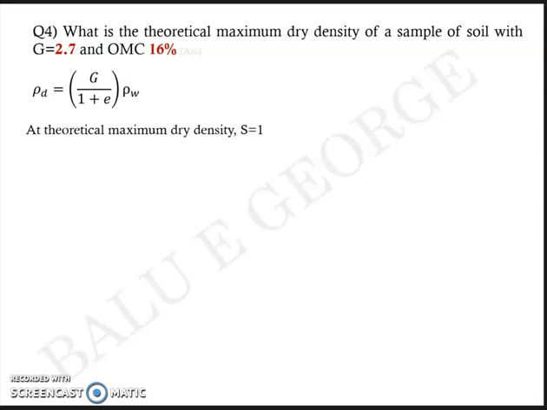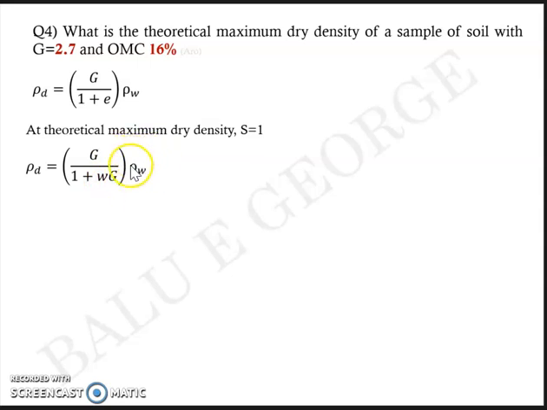So I can rewrite the equation as G by 1 plus wG into rho w, because S is equal to 1. Now in this equation, we know G 2.7 is given, w 16%, which happens to be 0.16,